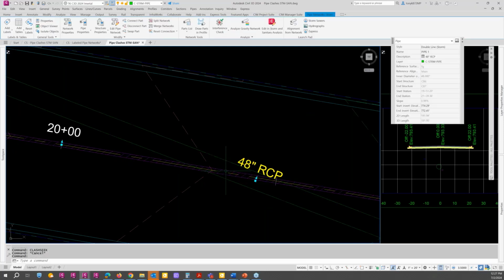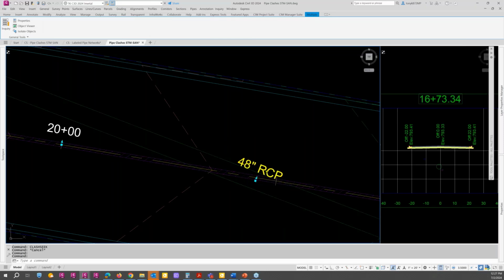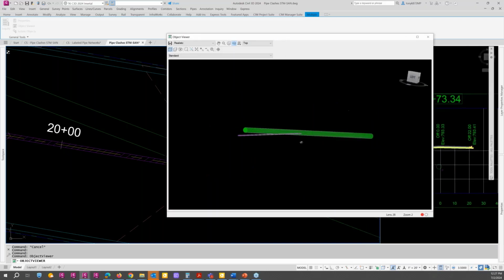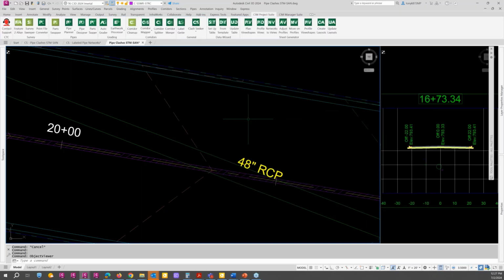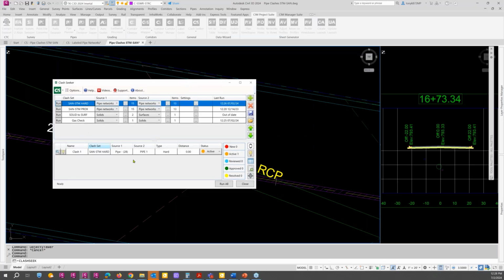And how do we know for sure? Let's look at it in the object viewer. And indeed, let me bring it over here, and indeed, we can see that, yes, it definitely goes through there. And in which case, we need to do something about it. So if I click it again, and I say I want to export this,